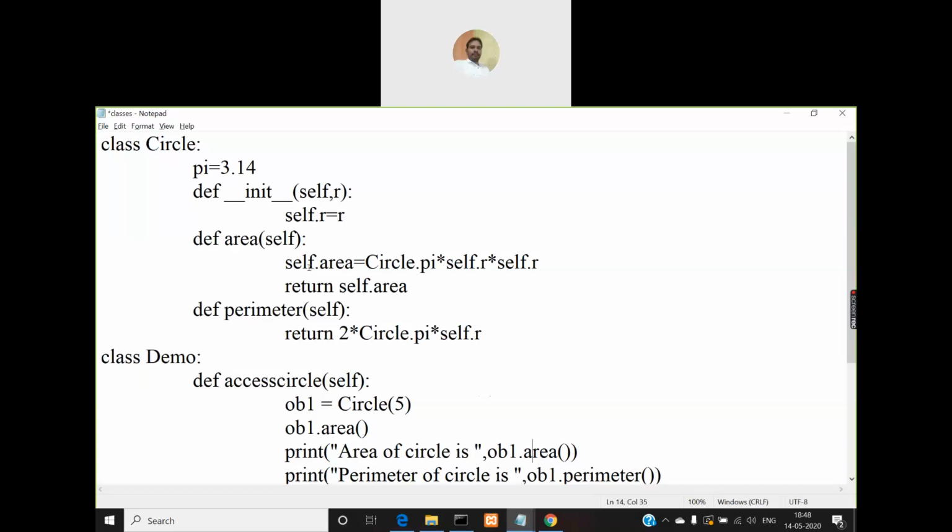So always use different names for object variables and class variables and methods and classes. Don't use the same name, even though they are different constructs. One of them is a variable, one of them is a method, the other one is a class name. Even though they are different entities, don't try to use the same name, right? Fine.